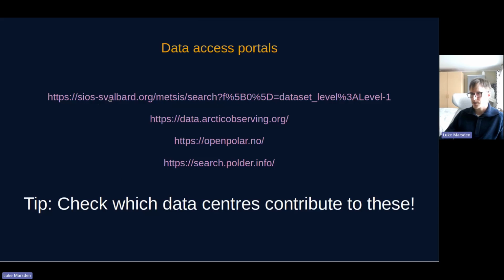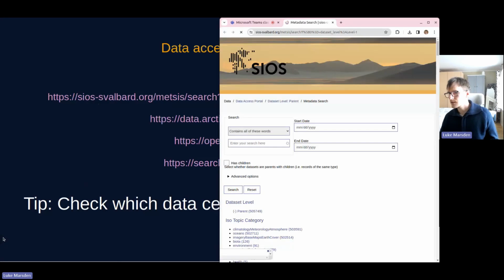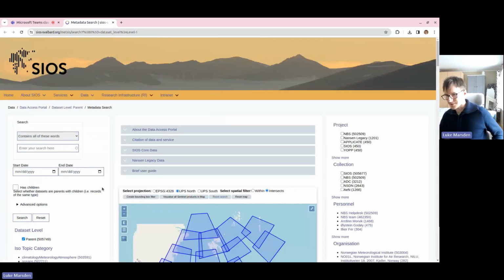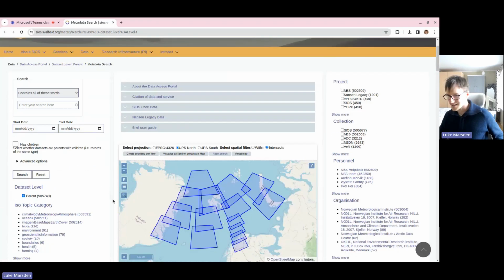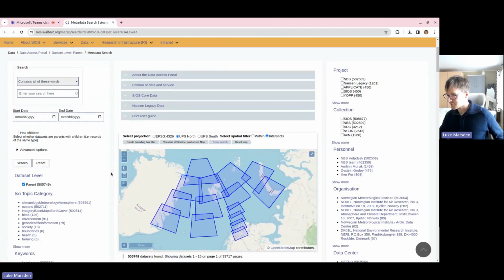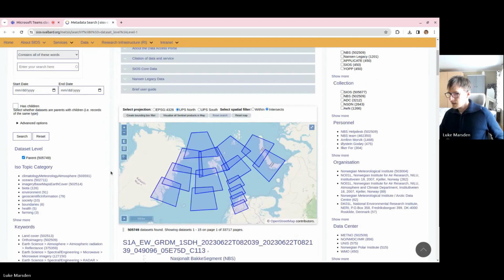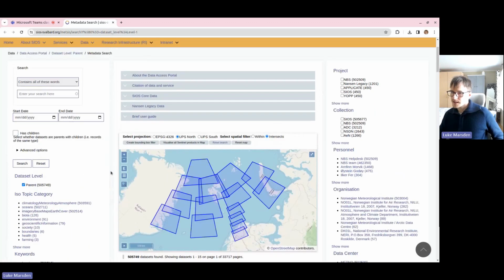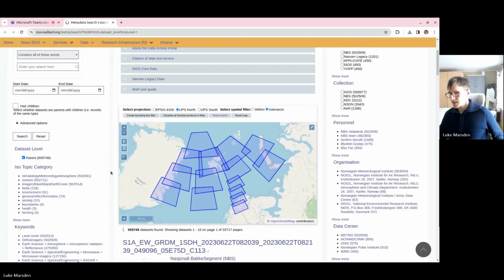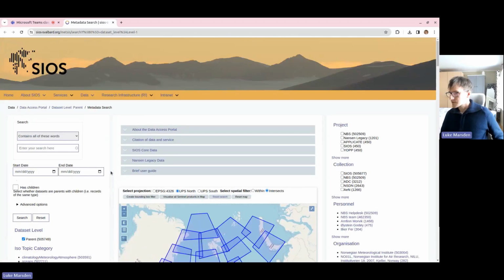I'll show you how the SciOS portal looks. Looks very similar to the data center page we host at the Arctic Data Center. That's no surprise. It's the same software. But the point here is that SciOS is not hosting any data. It's just pointing to data in different contributing data centers. So all your data that you publish through this course should be available via here.